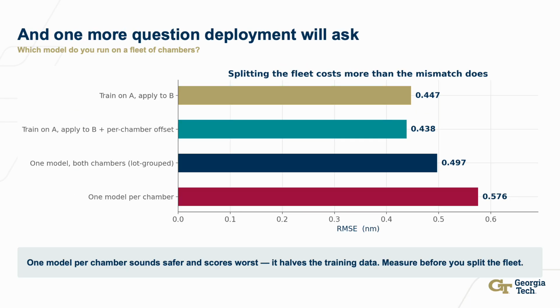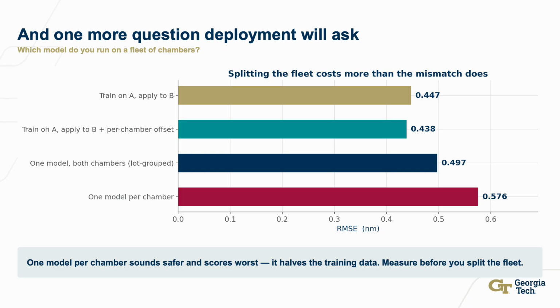One more question that deployment will ask, and it has a surprising answer. You have a fleet, 2 chambers here, 20 in the real fab. Do you build one model or one per chamber? One model per chamber sounds obviously right. Each model matches its own chamber exactly, no mismatch to worry about. It scores worst,